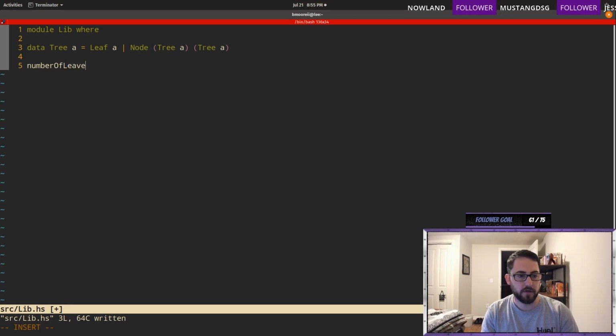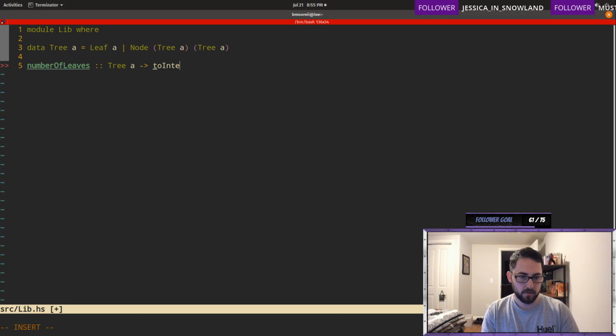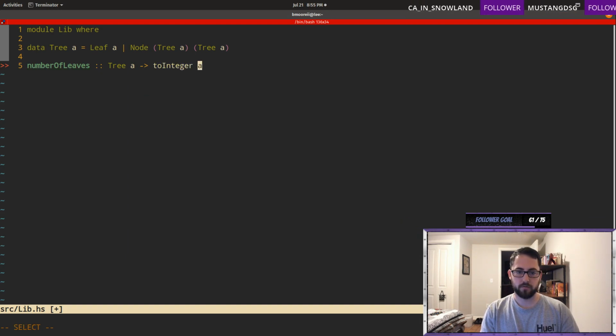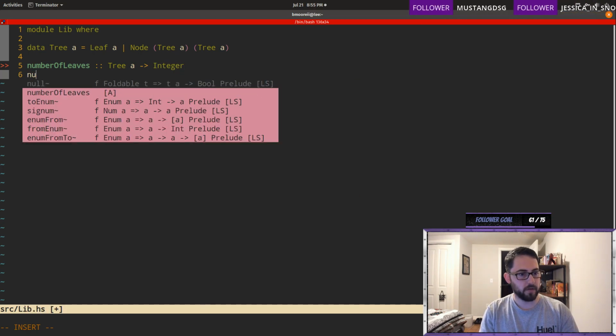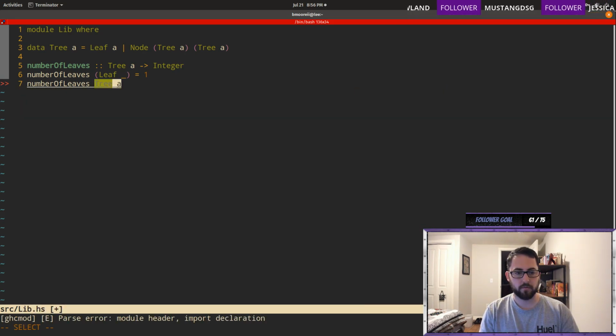Number of leaves, which is going to take a tree A and return an integer. Nope. Integer. What? Okay. So, number of leaves.